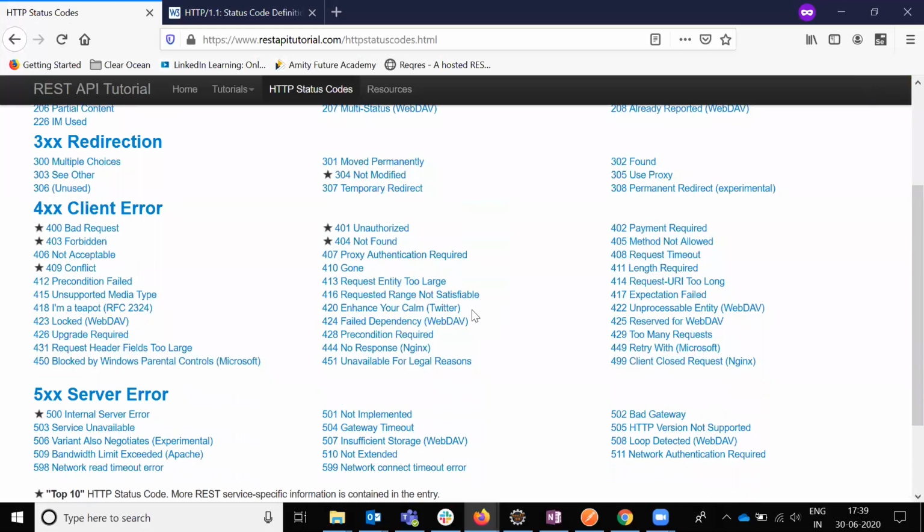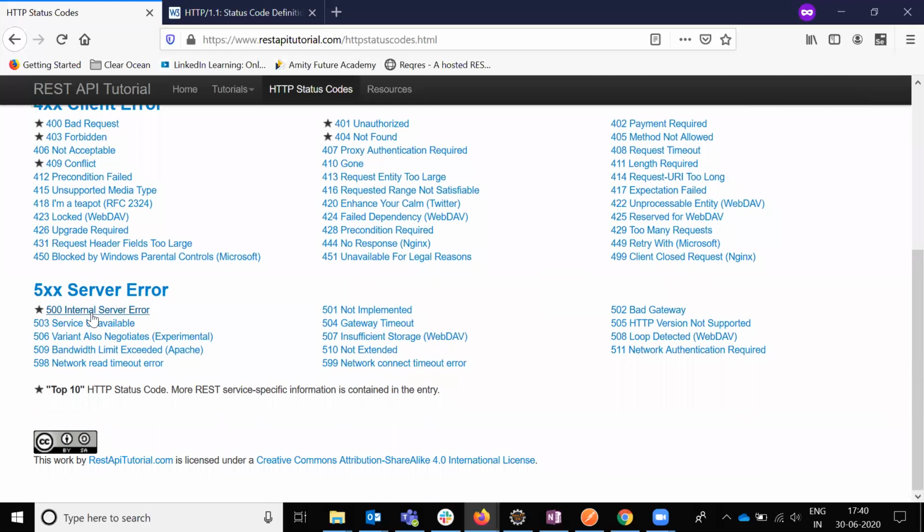And 400-related client-side errors: 400 bad request, 401 unauthorized, 403 forbidden, 404 not found, 405 method not allowed. These we use every time, and most of the time you are verifying these status codes.